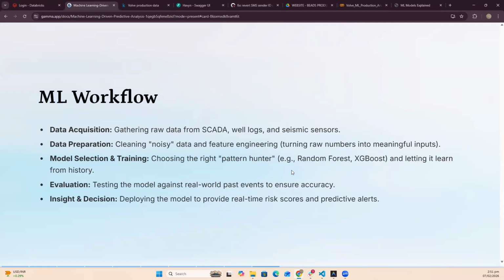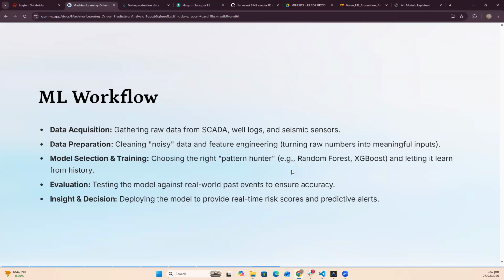Okay, so now we've gotten to know machine learning, how machine learning works, and models. We've understood predictive analysis. Now the workflow: how do we use machine learning to solve problems? How do we use machine learning to make predictive analysis? Basically, this is the workflow when you come to the industry. This is how